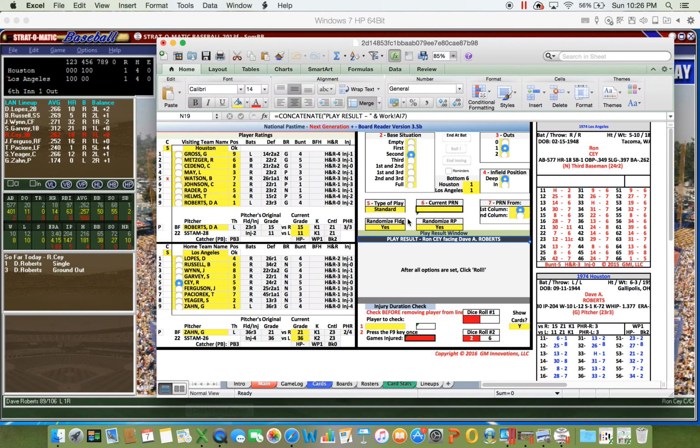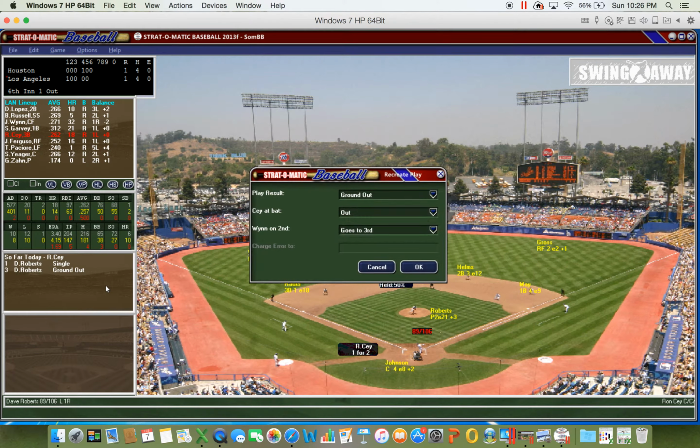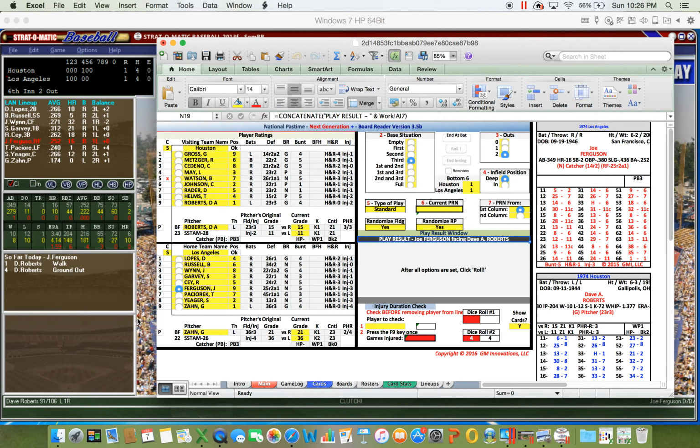Runner in scoring position for Ron Cey, the Penguin. Cey at .257. He grounds to first. That'll move the runner to third, but with 2 away. And we got Joe Ferguson. Ferguson has been underachieving, .222, 30 points under his real-life average. His home runs are down a little bit as well